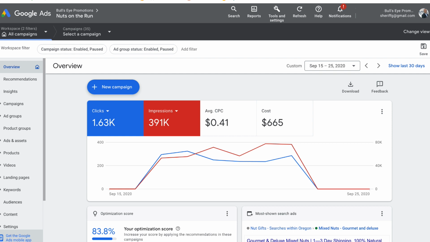Now, there was one situation with Nuts on the Run where I see the spike, but I see no Facebook ads. And I look for maybe Google ads, and yes, they had launched a Google ad. And even though it was on Google, the spike still happened on Facebook. So they see the ad, they get interested, they go check Facebook to see what they're about. Like, they want to do their due diligence before they purchase something online.